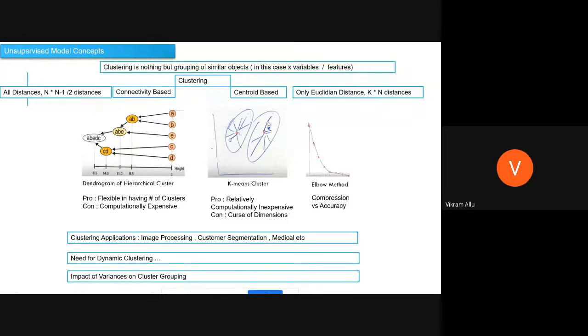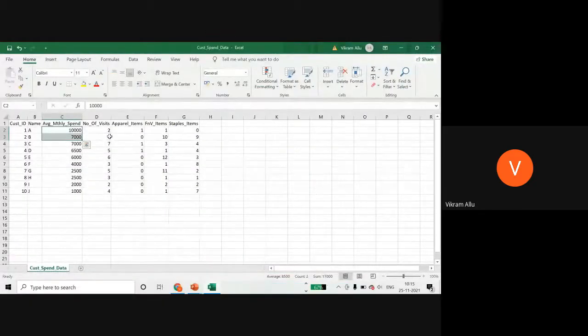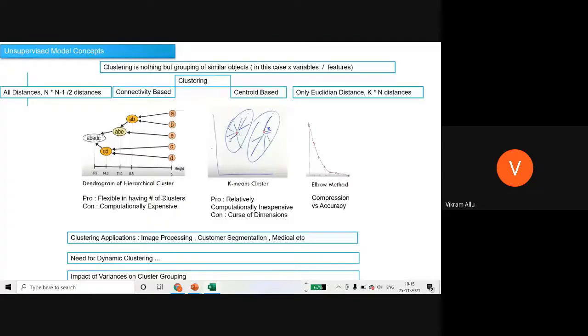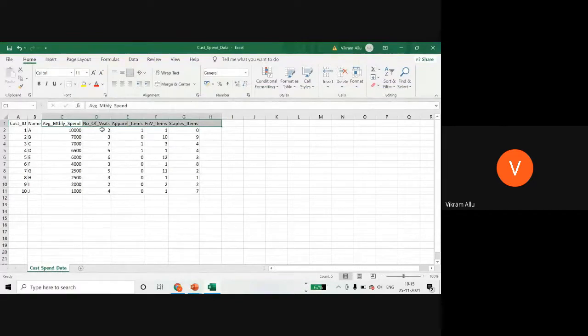Okay, so you are slightly right, but I would define what the curse of dimensions is. Dimensions are nothing but these features. All these features are nothing but the dimensions. So, when your number of dimensions increases, what happens? You have a centroid, and you are finding the distance from it to the various features or dimensions. For example, in this case we have five dimensions, but if your dimensions increase, what happens is your